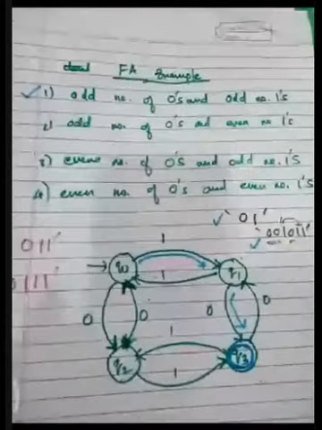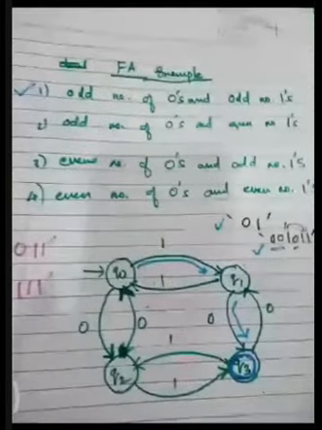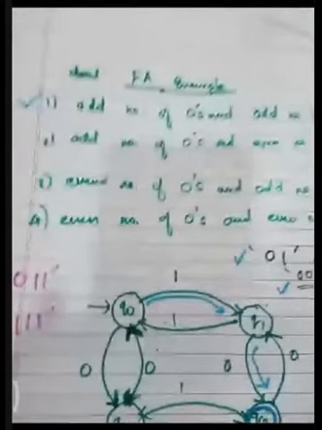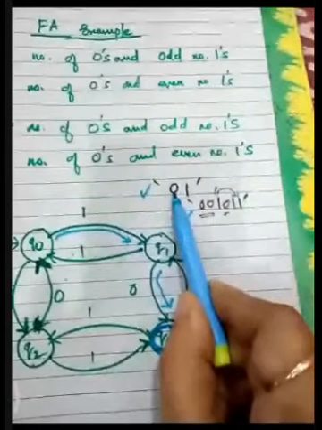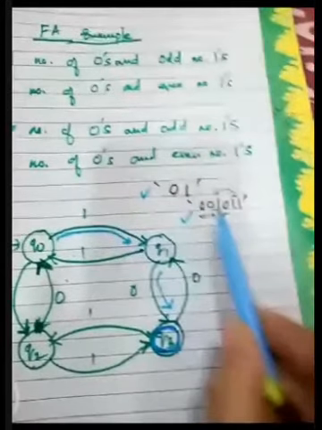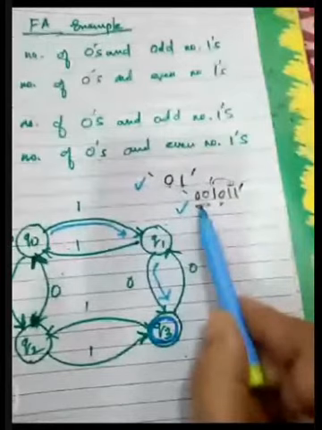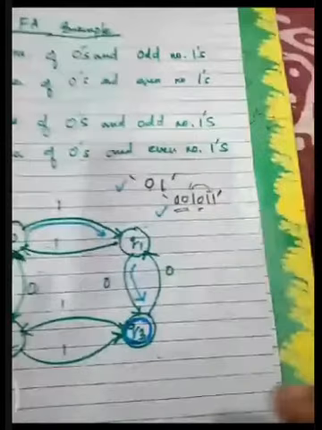So the first case is odd number of zeros and odd number of ones. In that case, what I have told you, we have to check these two cases, for example. In this case, we have an odd number of 0s and an odd number of 1s. Similarly, here also we have 3 zeros and 3 ones. So how will we check? We want to find out which is the suitable state which can be made the final state.